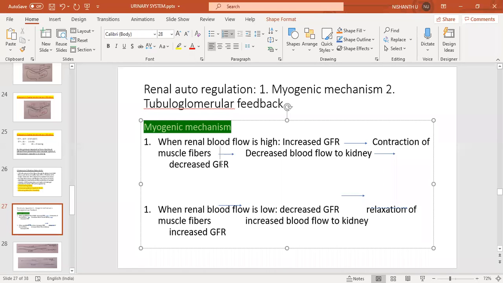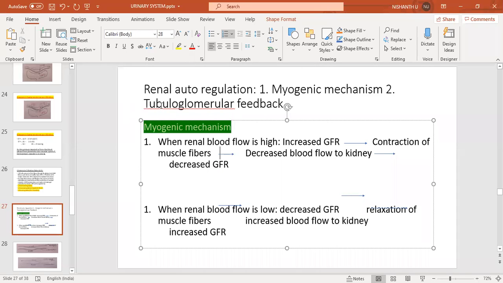You go back to the blood vessel. In the first semester topic, the blood vessel is composed of tunica externa, tunica media, tunica interna. I think you remember tunica media, the middle layer. The middle layer contains smooth muscle. The smooth muscle is innervated with which one? Nervous system. So constantly this muscle which is present in the blood vessel will contract as well as relax according to the situation, according to the requirement. That is myogenic mechanism. We are going to study that one.